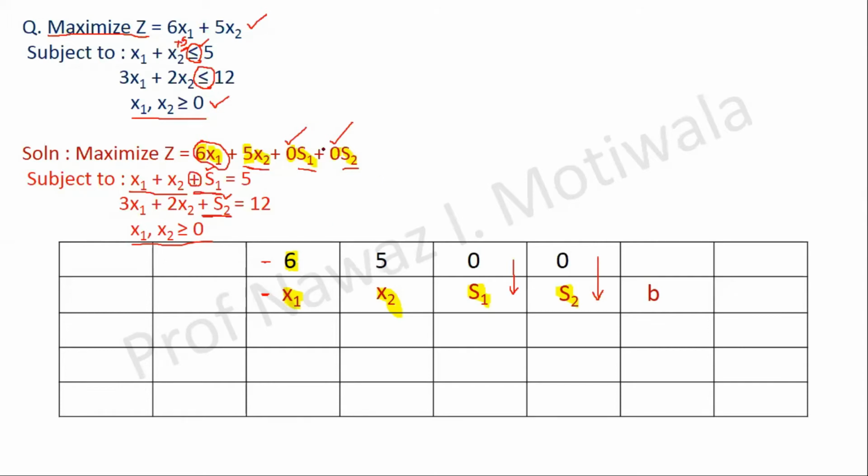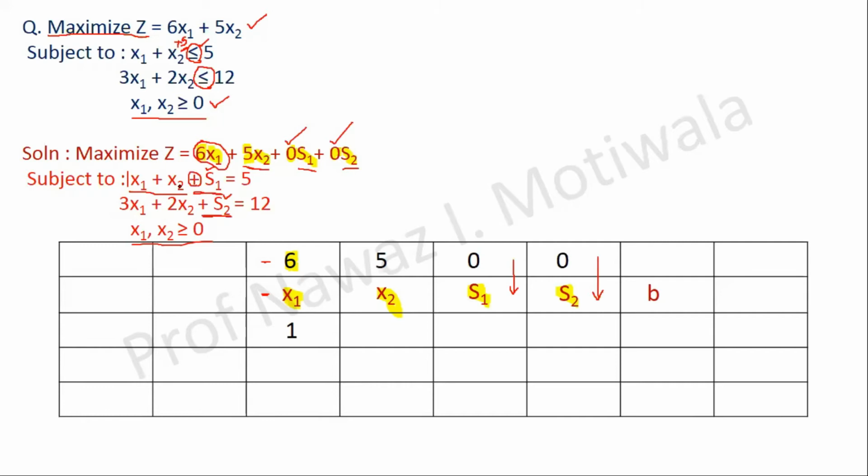Okay. After writing out this objective equation in our table, the next step is to incorporate the constraint equations in our table. तो सिंपल क्या करना है, देखो यहाँ पर हमने क्या लिखा, x1. यहाँ पर हमने ऑलरेडी लिखा है x1. So what you need to write are the corresponding coefficients of x1 in the constraints. You see here in the first equation, the coefficient corresponding to x1 is 1. So I will write 1 here.